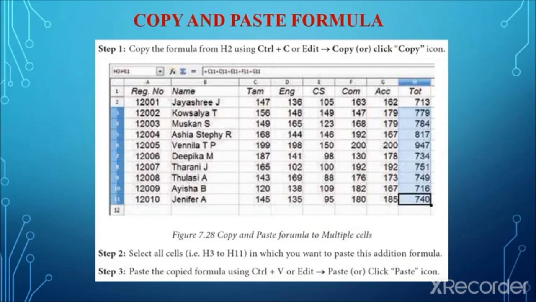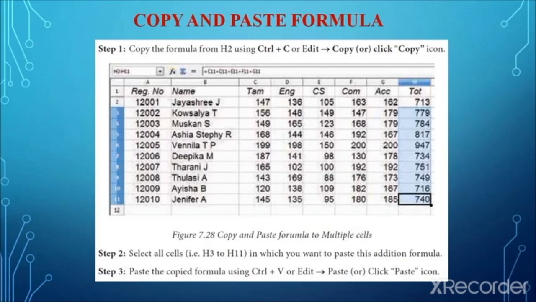When the user copies a formula from one cell to another cell, the address in the pasted formula will change accordingly. We have seen two types of references in the last video, relative cell reference and absolute cell reference. Here the relative cell reference concept works. For example, say the user copies the formula from A1. A1 will contain the formula B1 plus C1.